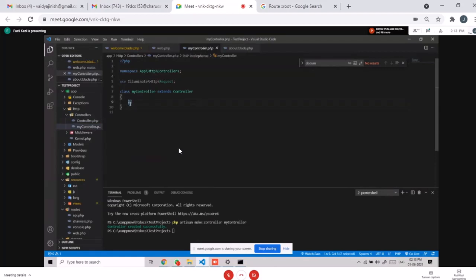Whenever we want to call something from this controller, we can create a function here: public function index.